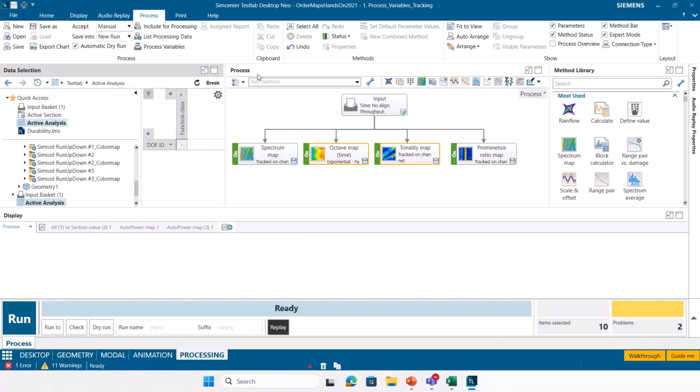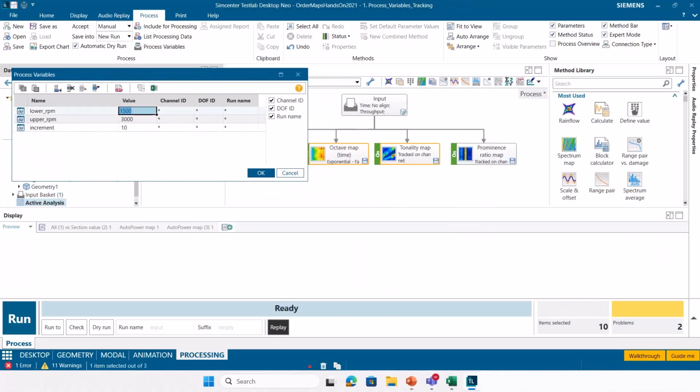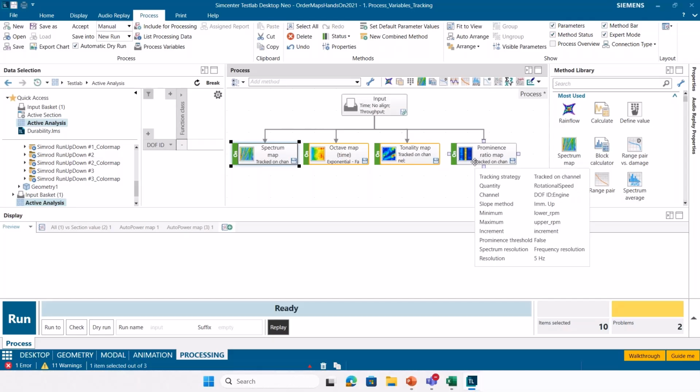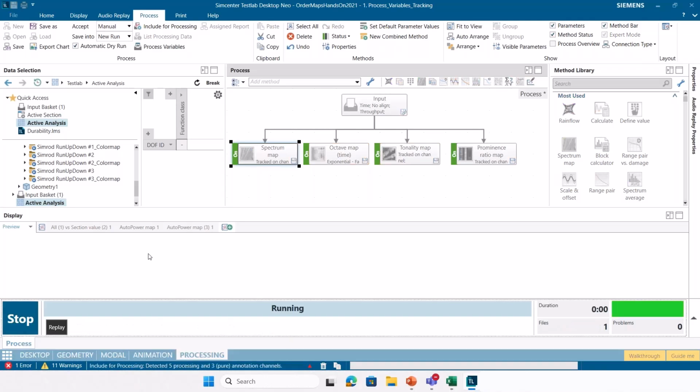And if for any reason I wanted to change those parameters, I could just come in here and say, we'll do something more narrow range. We'll do 2000 to 3000, and I'll do a 5 RPM increment. So now instead of having to click on each of these methods and modify those tracking parameters manually, I've done that all in one central location.